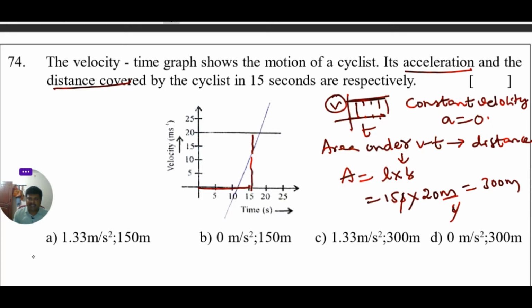Acceleration is 0 and distance is 300 meter. So option D is the right answer. Next, my dear children,